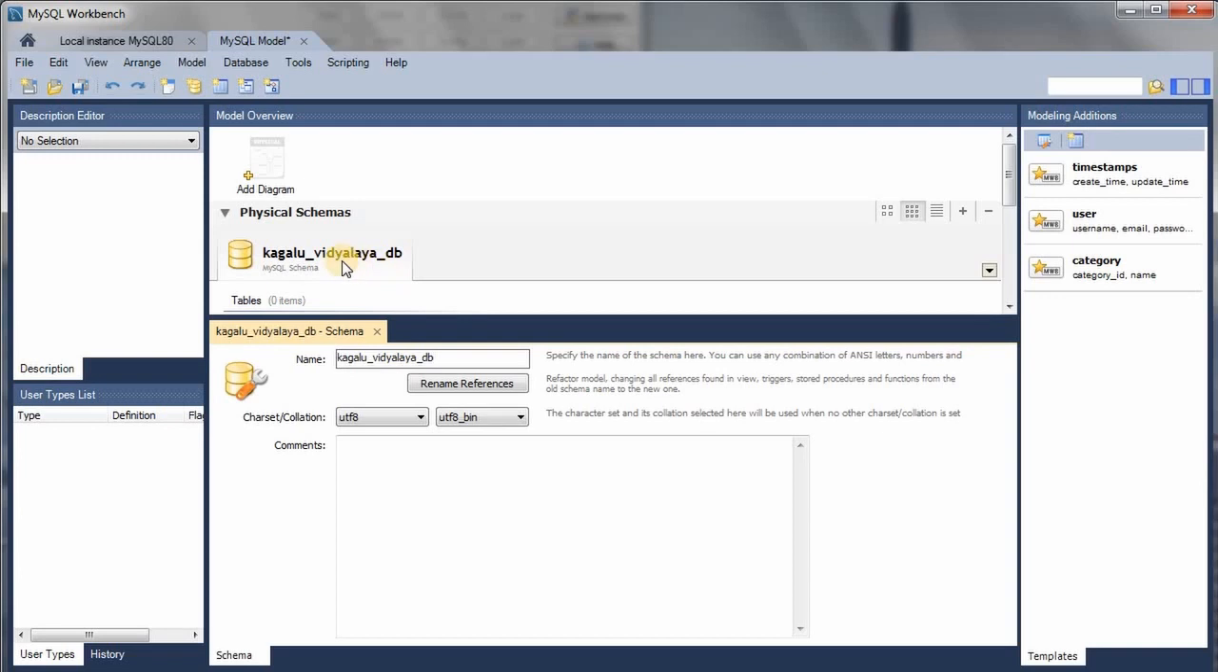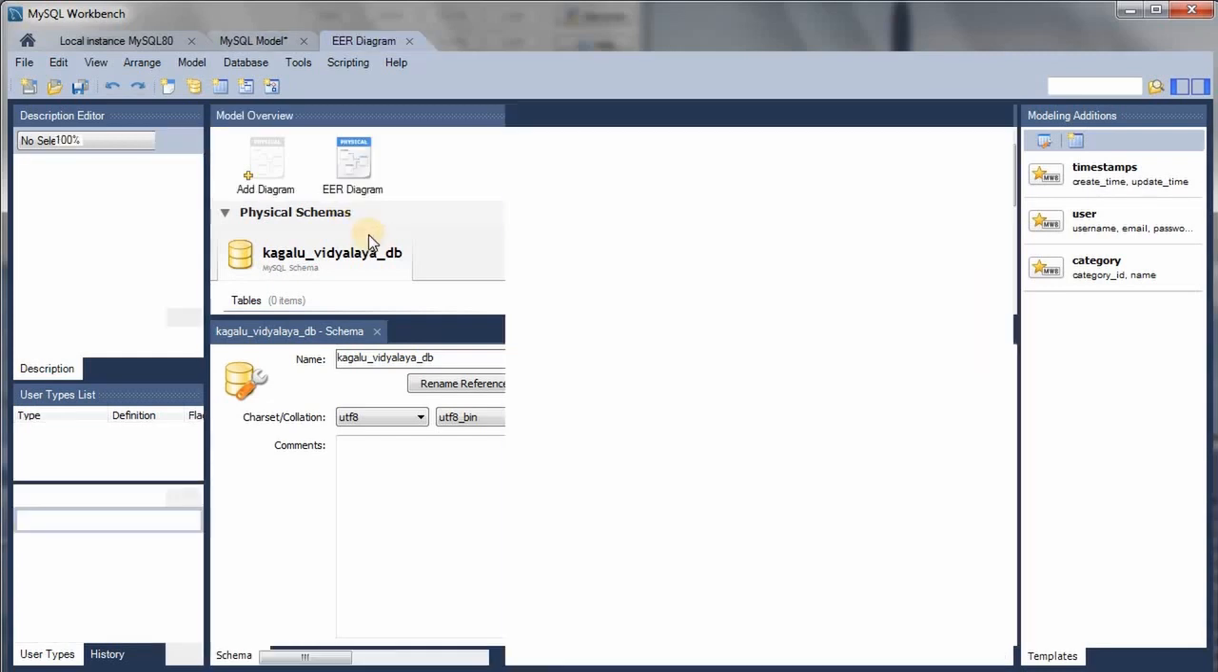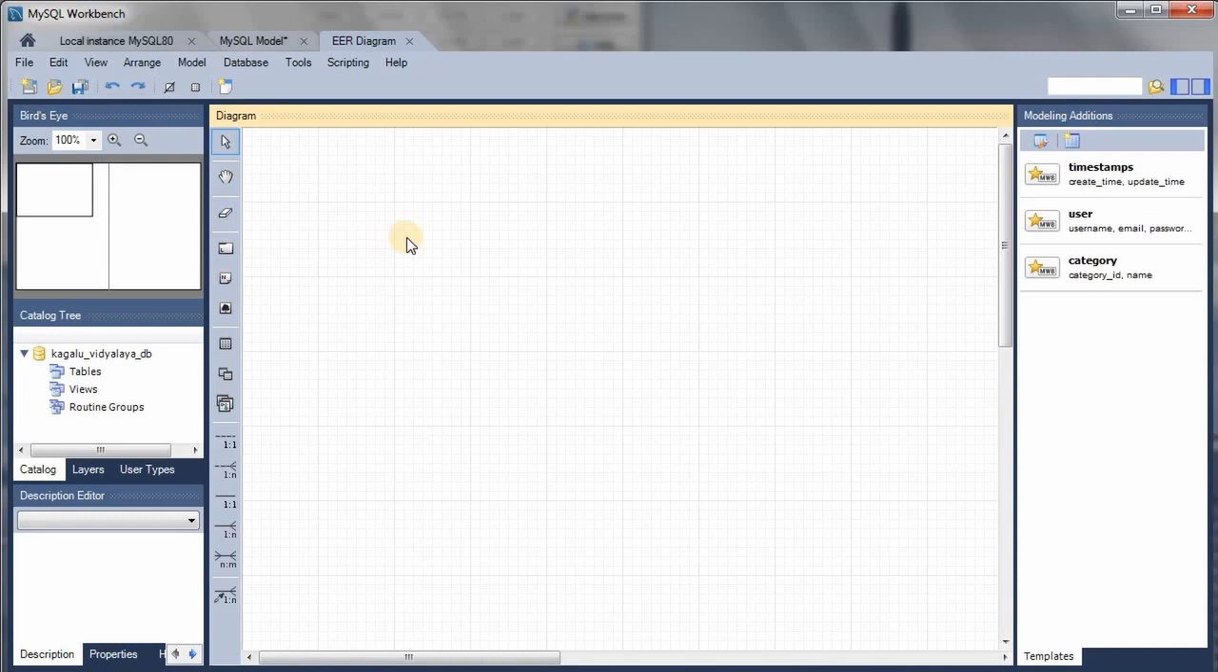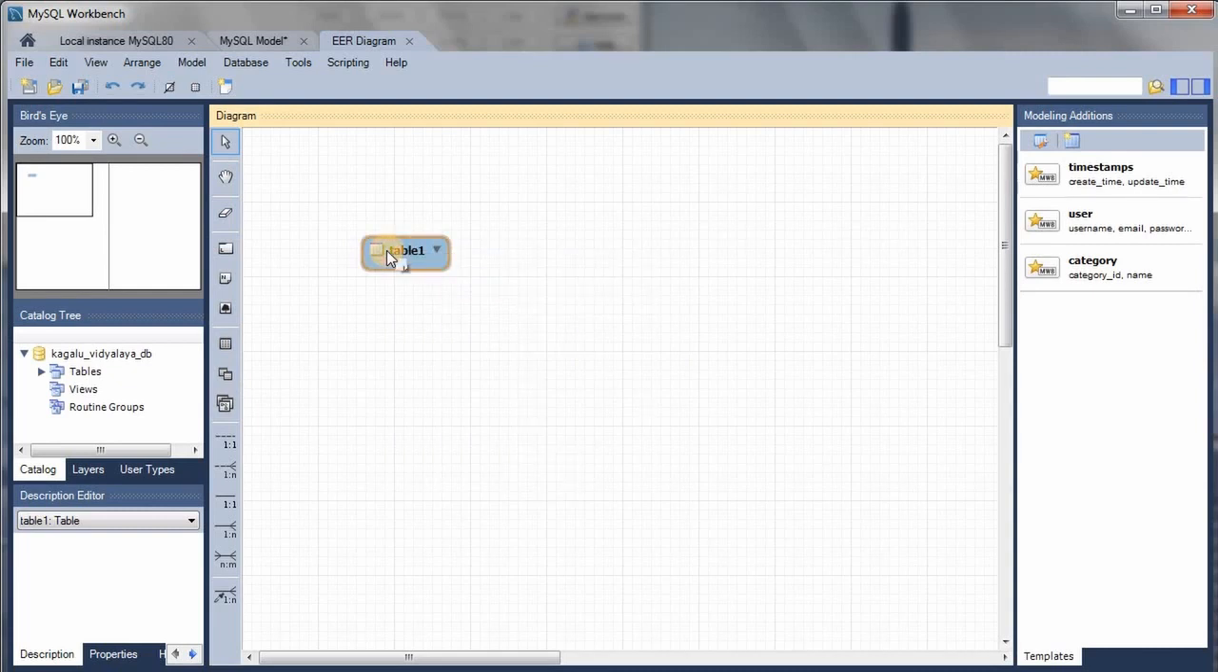Okay, you can see the name updated, and I'm going to double click on the add diagram button. Here's the workspace we are going to use to create this ER diagram, and I'm going to click on add a new table. Okay, here we successfully created a table. Let's see, I think we answered the first part of the question, and let's go